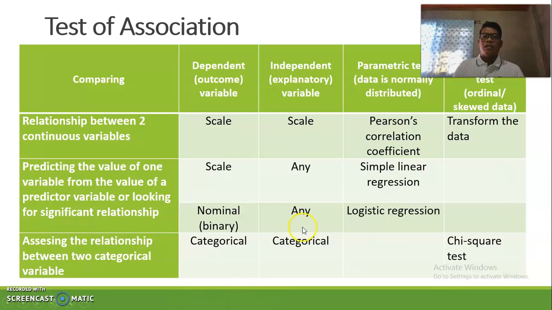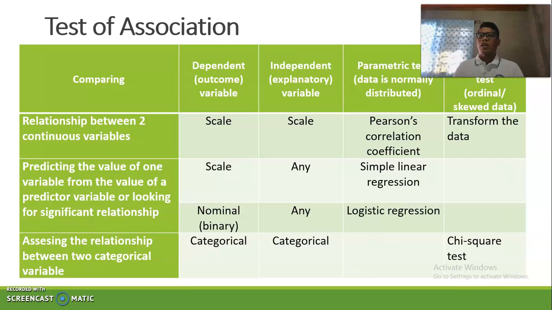Okay. Next is the test of a relationship. One test for examining the relationship of variables is the Pearson's correlation coefficient, or simply the Pearson r, the Pearson product moment correlation. We have to take note that both the dependent and independent variable must be scale variables. Okay, so for example, we want to test the relationship between your height and weight.